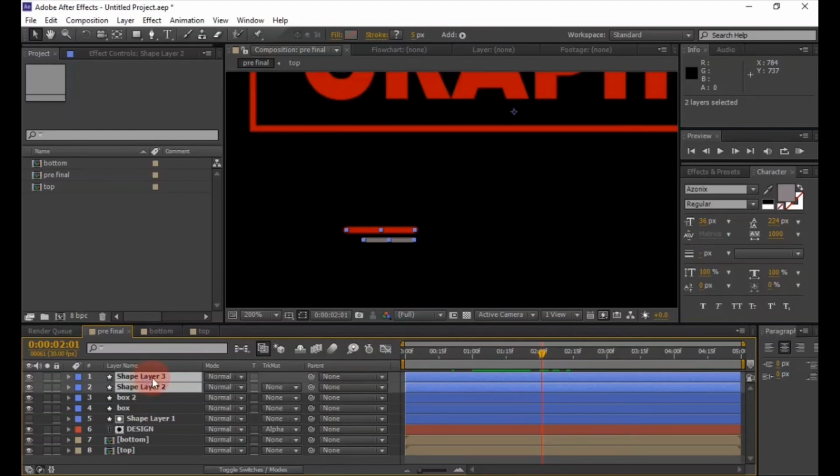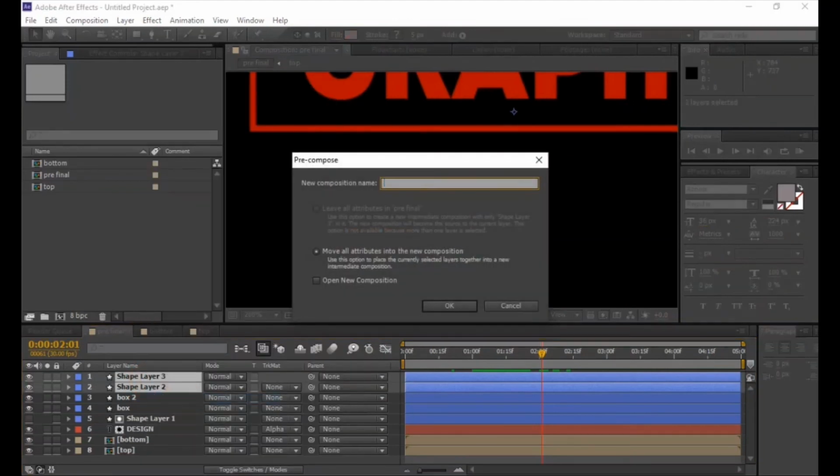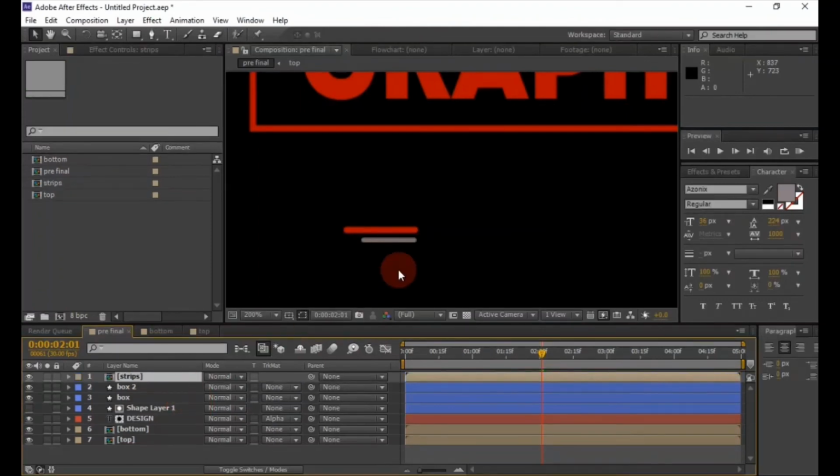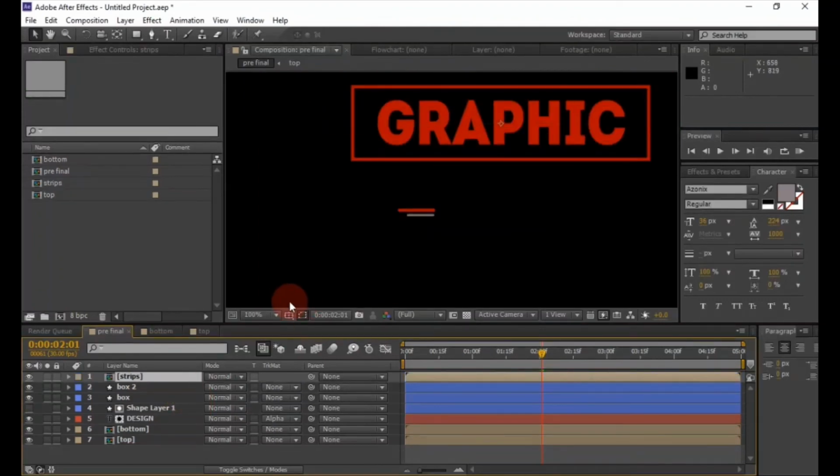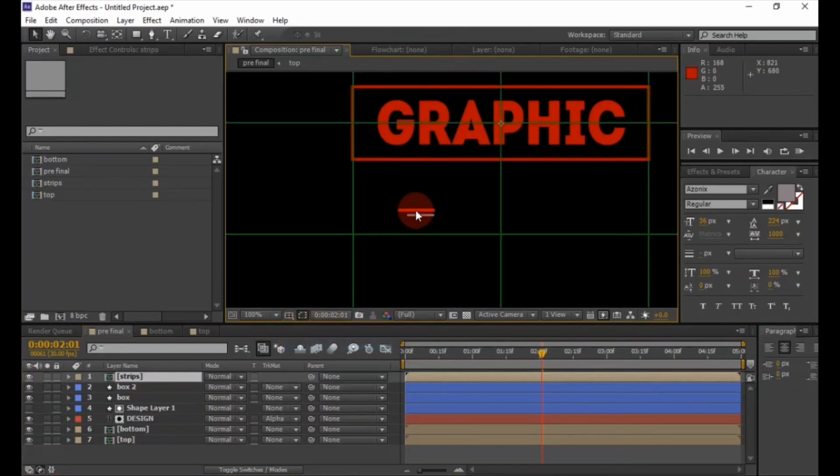Now select the shape layers, then right click on it, pre-compose, then rename it as strips. Now place the strip at this position.